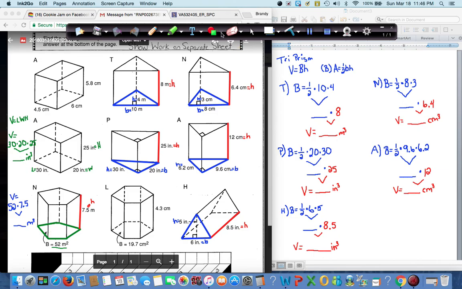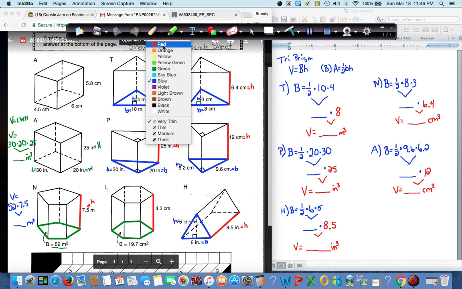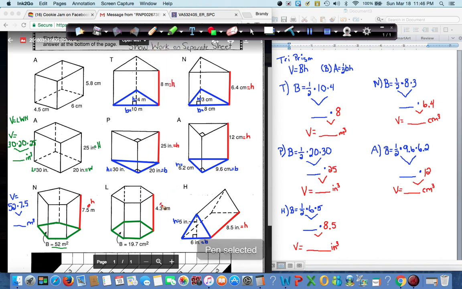Let's look at our last one over here. Again, 1, 2, 3, 4, 5, 6. So this is a hexagonal prism. We've seen these before. You find it the same way. There's your base, and then here is your height. So if this is my height right here, and then in green down here, I'm going to have my base. This is the base. It's already done. This is the area of the base, capital B. So to find the volume for this guy,